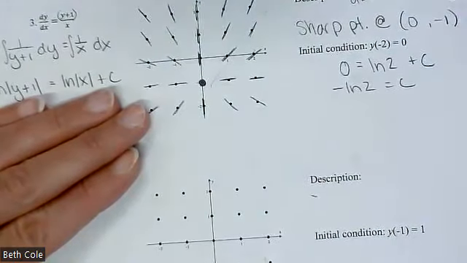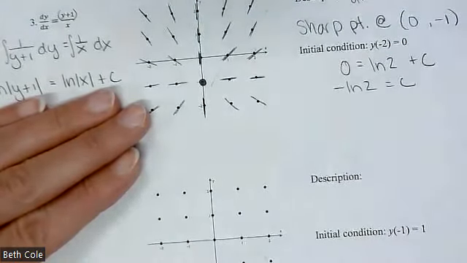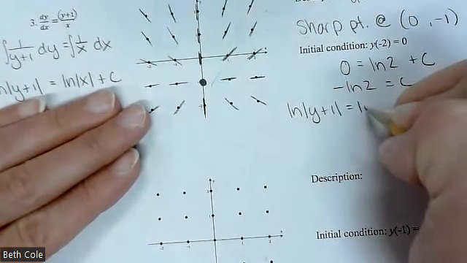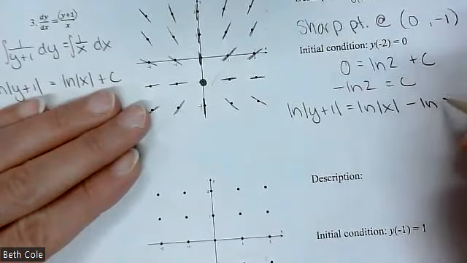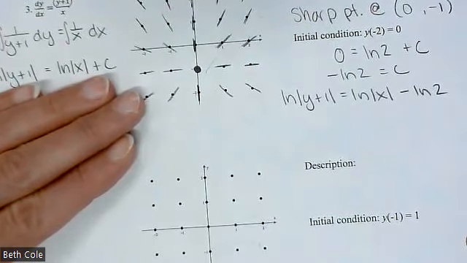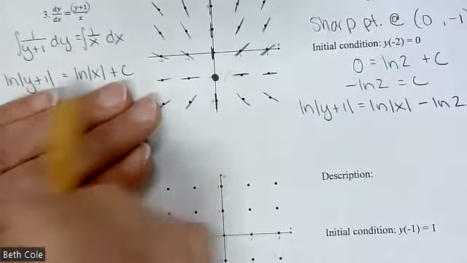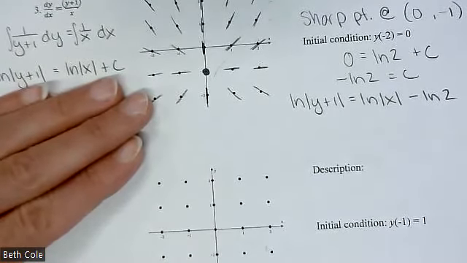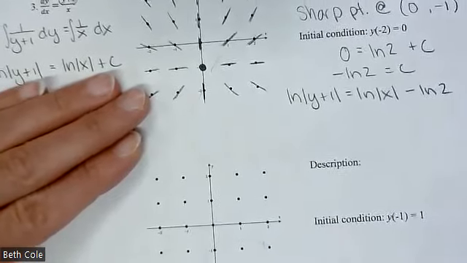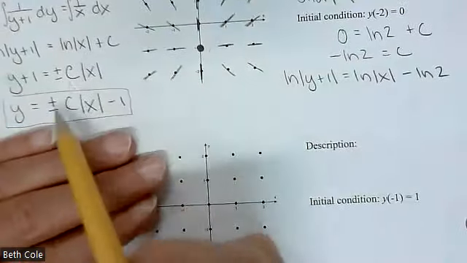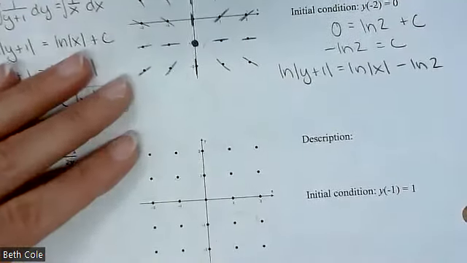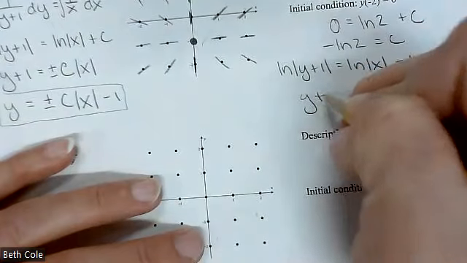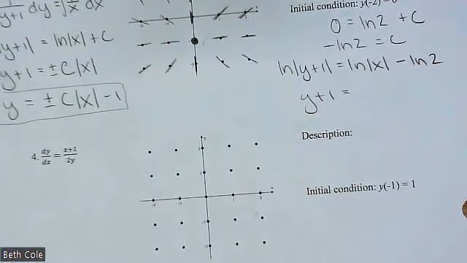Good, thanks for sticking with me through them, because these ones are a little bit tougher. So I'm going to recopy that line, except put in minus ln of 2. So I just recopied all of that, but instead of c, I put minus ln of 2. And then we're again going to get y by itself. It's going to be really similar to what we did over here, except we're going to get one particular answer. So if you exponentiate both sides, it's going to be y plus 1 equals